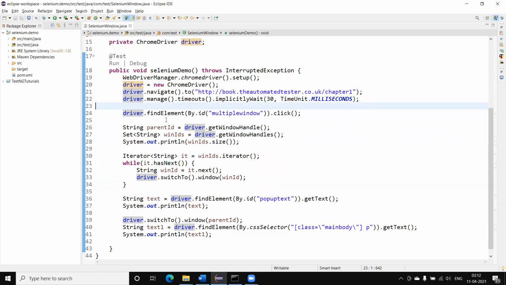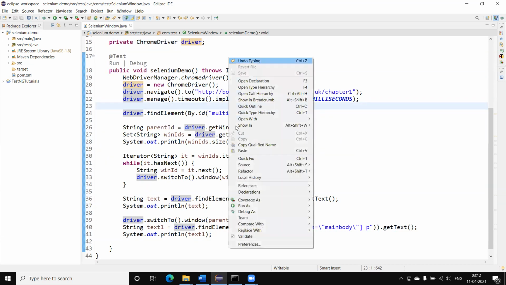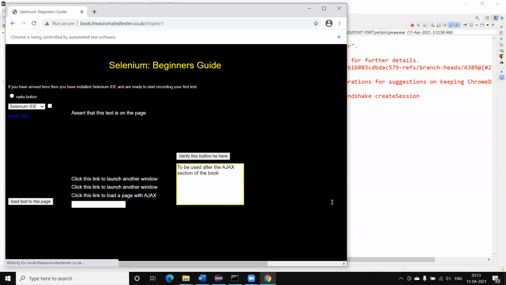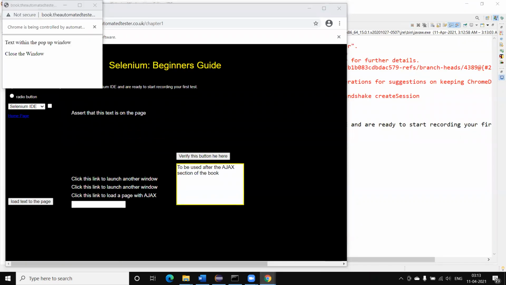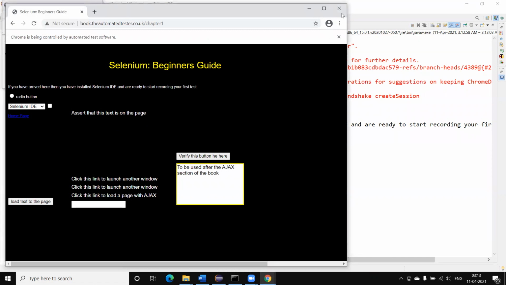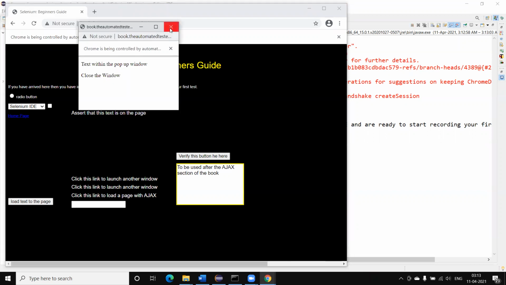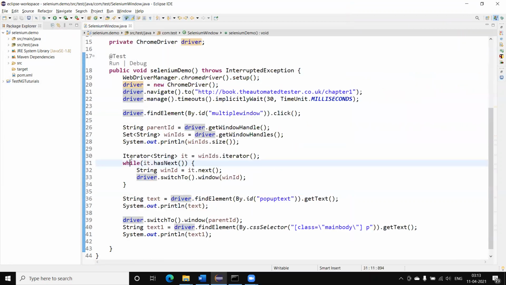Now if I run this code, it will just open the browser, click on this button, and we will get two windows here. Suppose we want to close only one particular window. How do we do that?